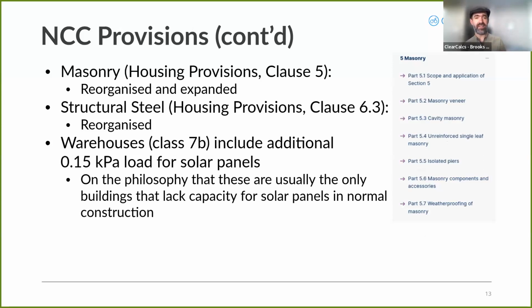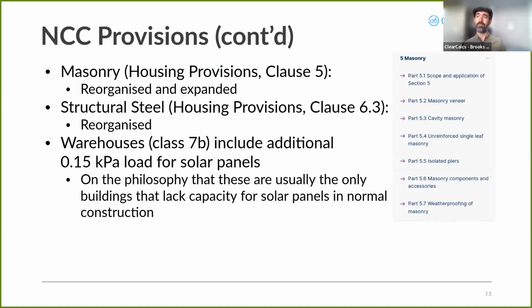additionally, Class 7B buildings, basically warehouses, now have an additional load that must be included on the roof. It must have a 0.15 kPa load for solar panels. Now, why is this only for Class 7B buildings? Well, the philosophy here, and those of you who've had solar panels put on your own houses are probably familiar